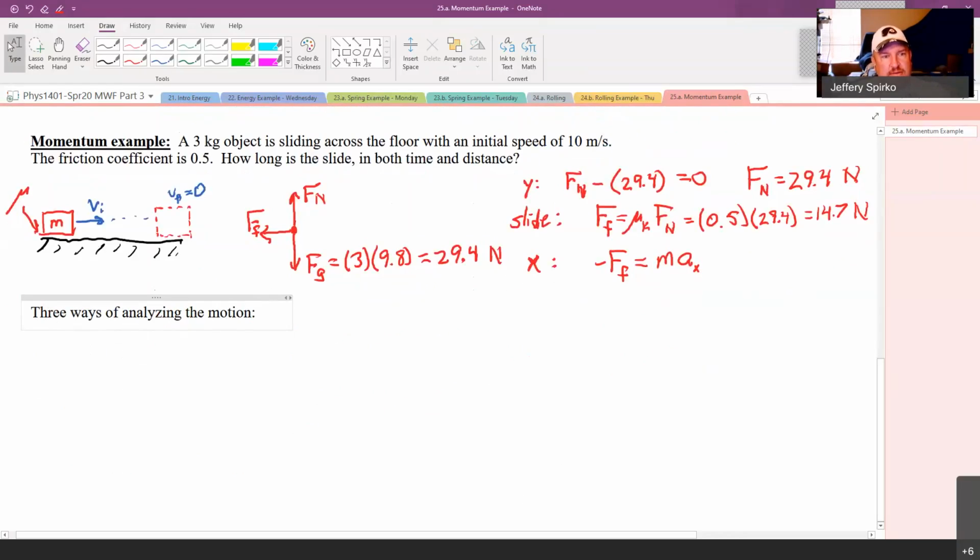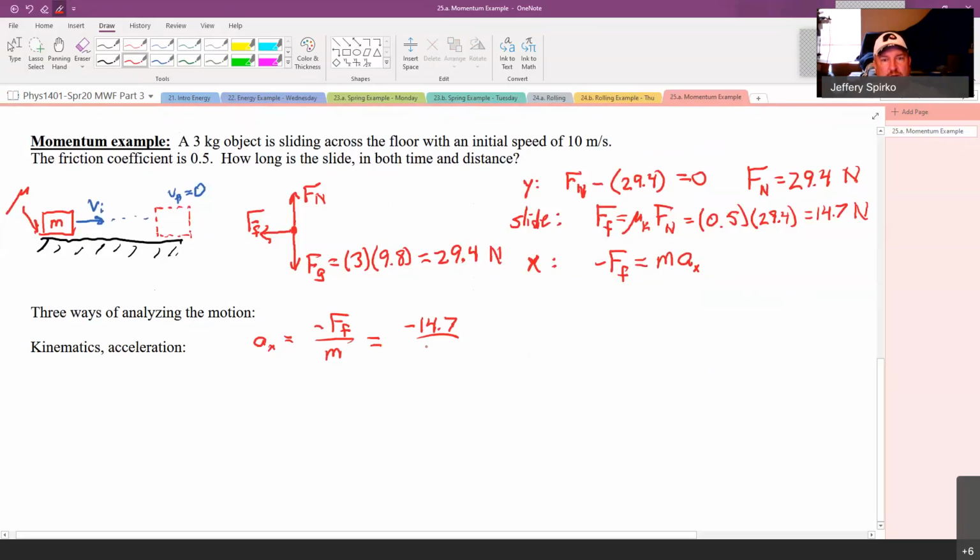So we have kinematics. Kinematics basically involves acceleration. So using kinematics, we would say a sub x is minus force friction over mass is minus 14.7